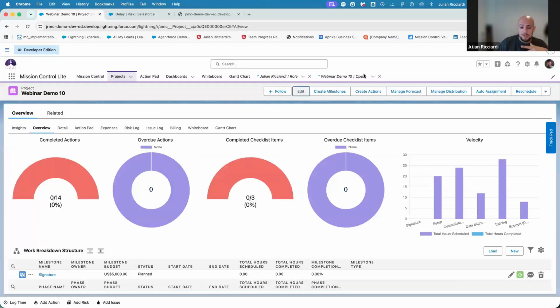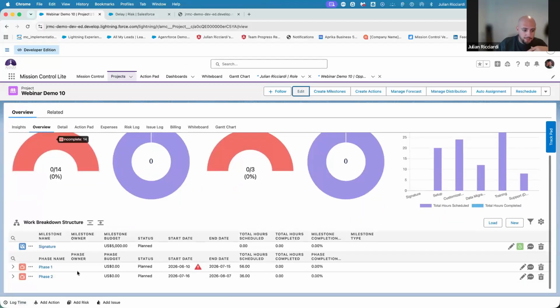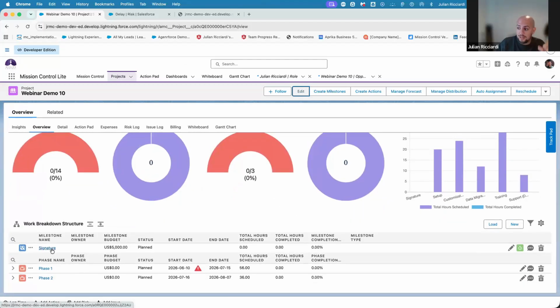And so look, Mission Control is not an ERP. We are not a general ledger, but what Mission Control can do is generate a lot of interesting billing information. So just to show you how the mechanism works, and this is true for, let's say, time and material or whatever it is,